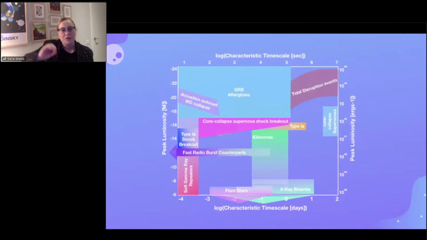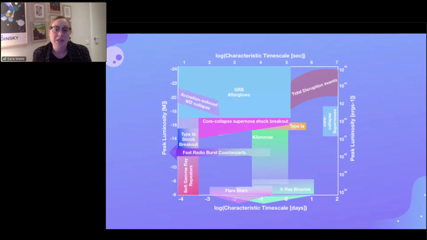So to put all of those different transients into a more scientific perspective, we can plot them based off how bright they get, their peak luminosity, and how long they last. There's a lot of things on here, but basically towards the longer end, we see our classical longer duration events. So TDEs, the different types of supernovae, kilonovae, things like that tend to last between a day and longer, which is quite fantastic for us astronomically, because we can point another telescope, we can call our collaborators up and say, hey, something in the sky, please go look and grab more data. That's brilliant.